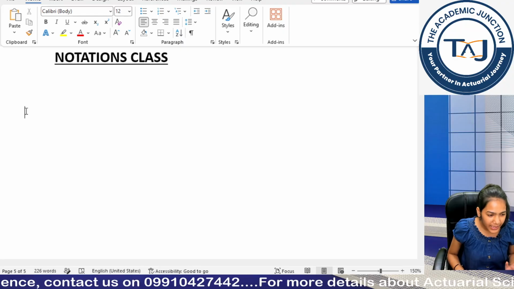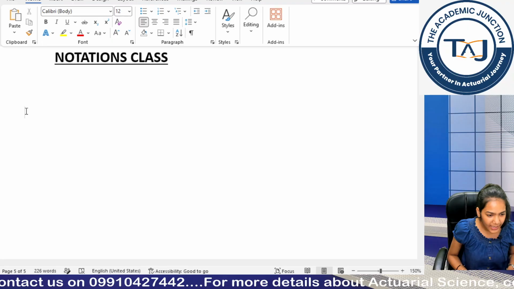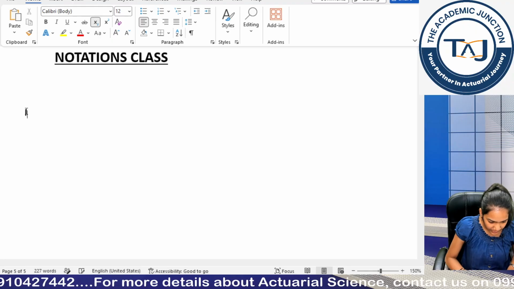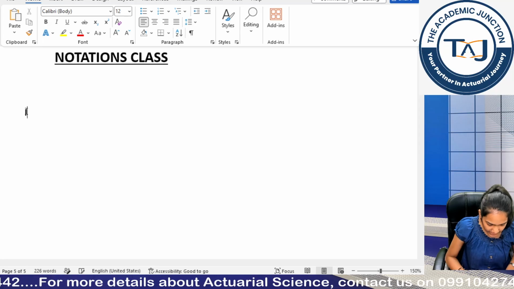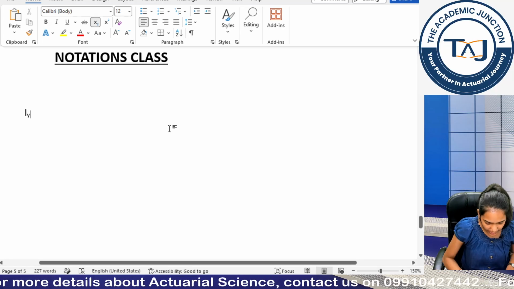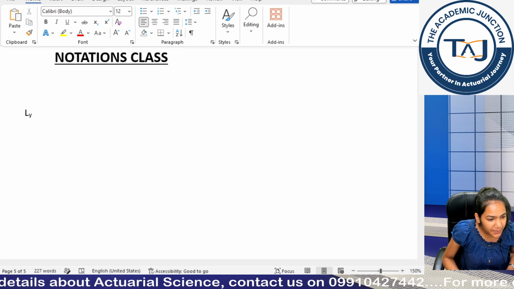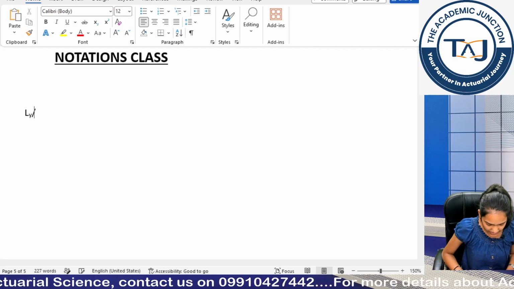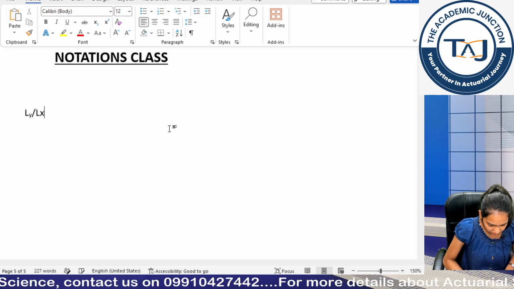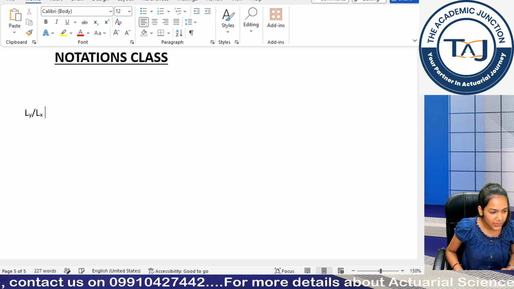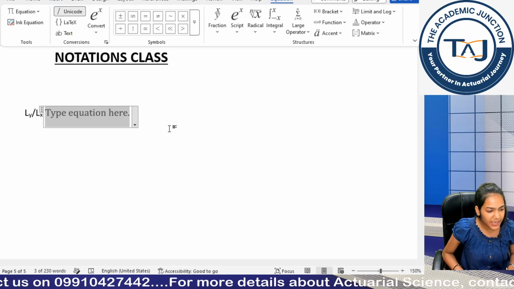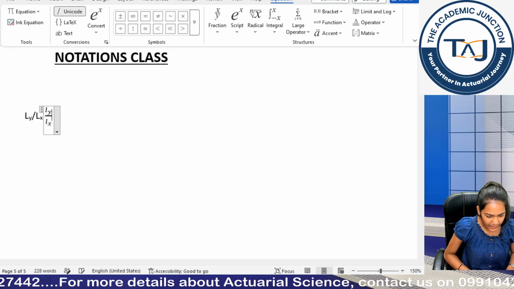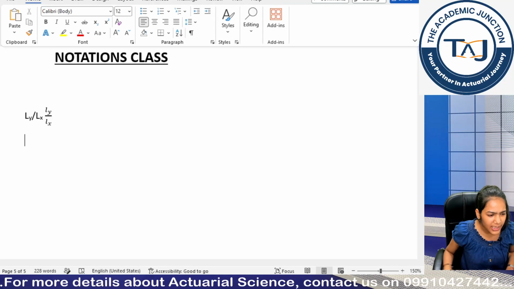First we have Ly by Lx, right? So how will we write Ly by Lx? It is basically a simple use of subscript and superscript. So L, control shift minus, I have y in there, control shift minus. Now can you see it becomes capital, but actually my notation is small? Okay, so I can write it as Lx. So this becomes my normal notation, and if I have to use my equation editor, it becomes Ly by Lx and a space bar. So it was nothing new.